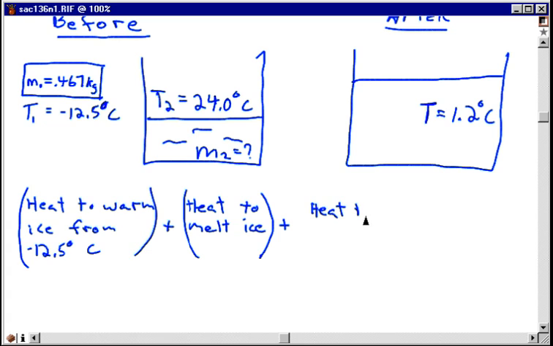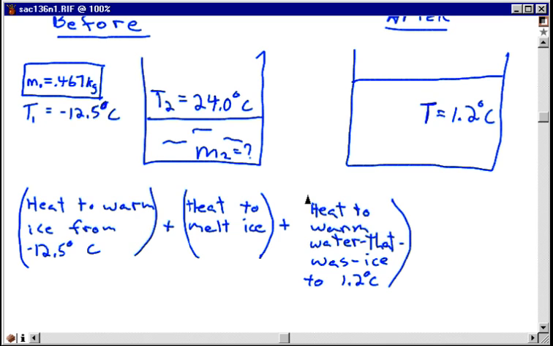Heat to warm water that was ice. So the liquid water formed when the ice melts, but just that part of that particular sample. Heat to warm water that was ice to 1.2 degrees Celsius, the final temperature of everything,